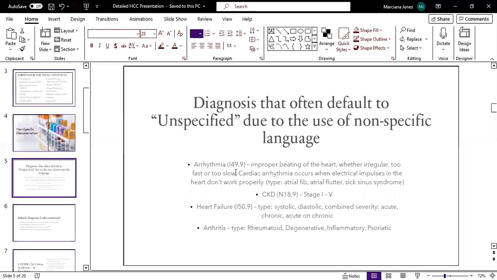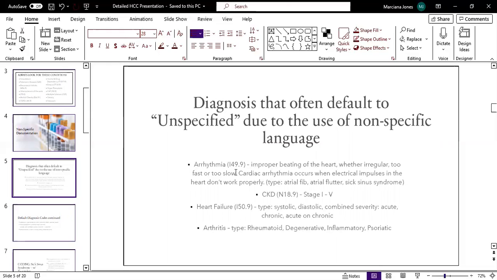And cardiac arrhythmia occurs when the electrical impulses in the heart don't work properly. There are types of arrhythmia. I'm sure you've heard of AFib, which is atrial fibrillation, or atrial flutter, and also sick sinus syndrome. So if the doctor is not specific and says in the chart, oh, this patient has arrhythmia, then you're just going to use the default code